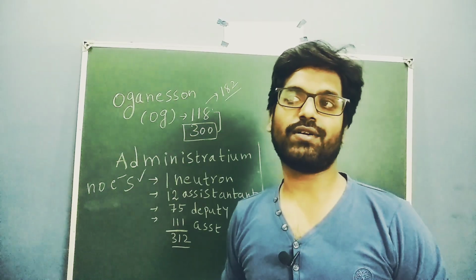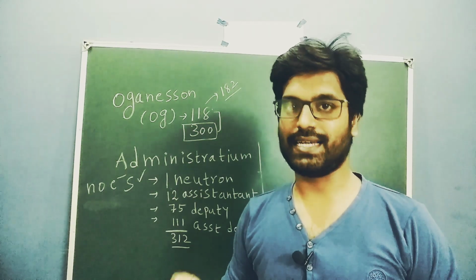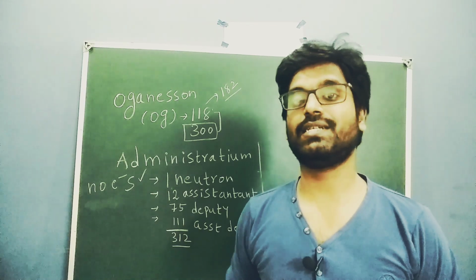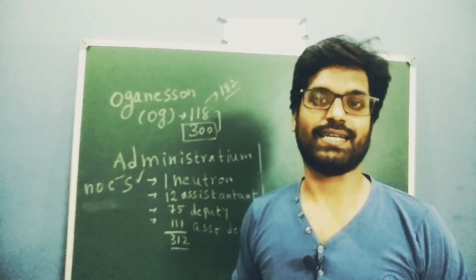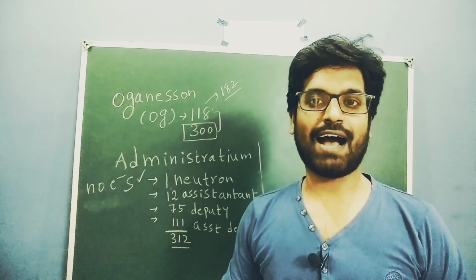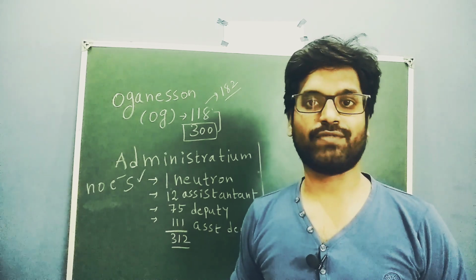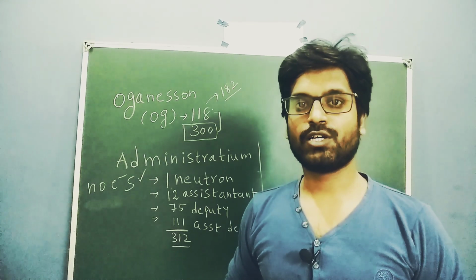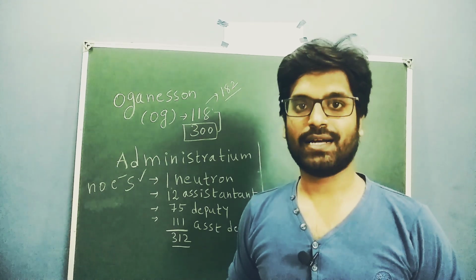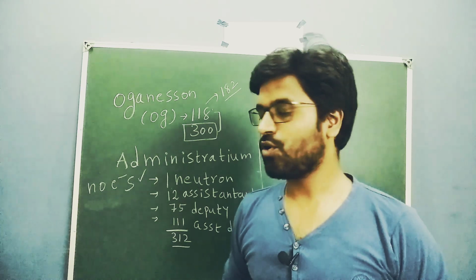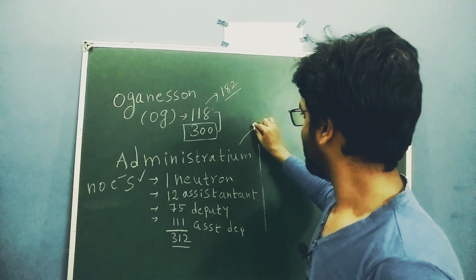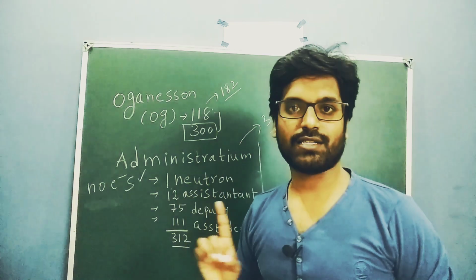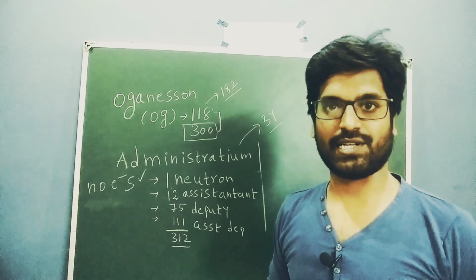First of all, the radioactive decay. If you take the half-life of this particular administration, the half-life is 3 years. That means the half-life is very high, okay. I hope you would have read about half-life in your chemical kinetics, right? Whenever we have a longer half-life, it will take more time for the decay, or we can say disintegration. So this administration has 3 years of half-life, okay. So this is one drawback of this administration.